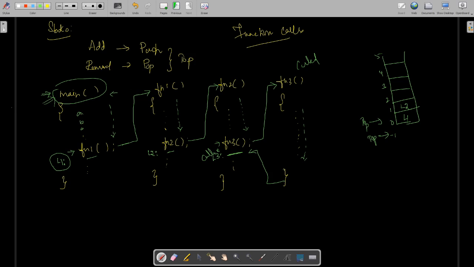From this point onwards, the flow is going to be sequential again. And when we encounter a call to function fn3, before transferring the control, this L3 will get pushed inside the stack. Now after pushing that, the control gets transferred to fn3, and from this point onwards, the flow is sequential. Inside this function fn3, we don't have a call to any other function. So this complete function will get executed, and when the system, that is the compiler or the